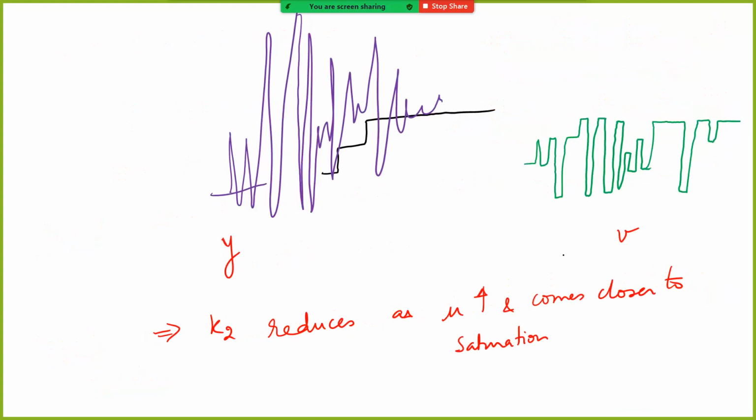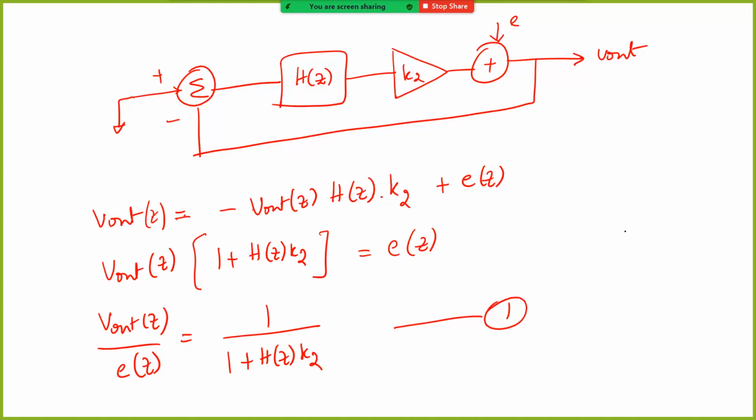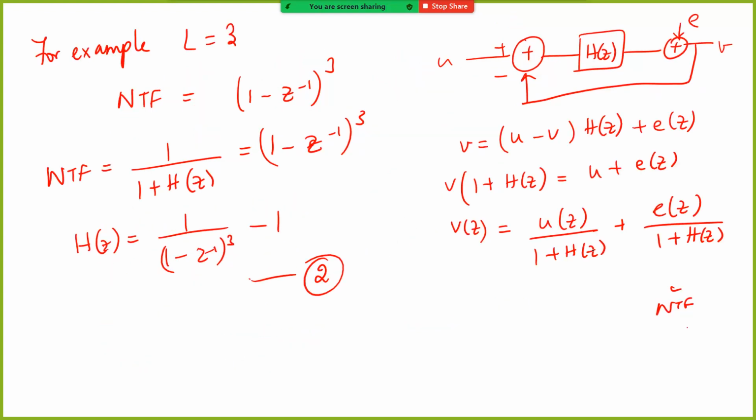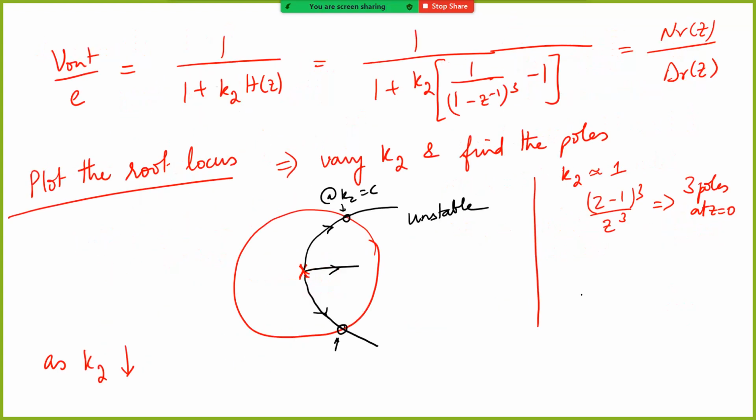But as it starts clipping, because the noise is very large, K2 starts dropping, and we see here that as you put a K2 in the noise path, and you modify the noise transfer function appropriately, you see that the system is becoming unstable. So this is the reason behind instability of higher order delta sigma modulators, or in other words, we can also say that all higher order delta sigma modulators have what is called an MSA, maximum stable amplitude, beyond which the system will go into instability. Okay. So with this, we'll conclude today's class.